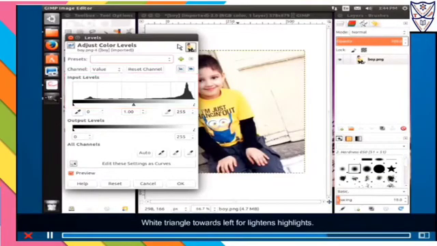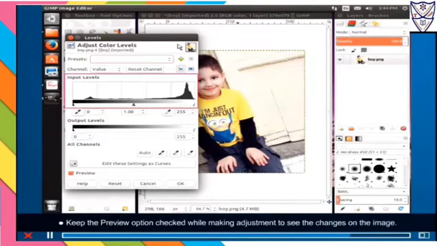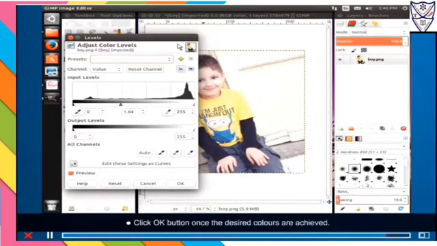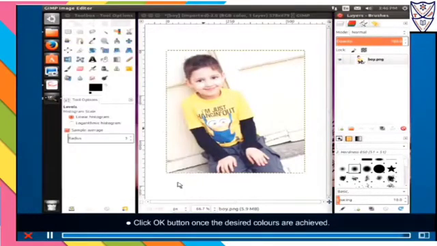White triangle towards left lightens highlights. Keep the preview option checked while making adjustment to see the changes on the image. Click OK button once the desired colors are achieved.